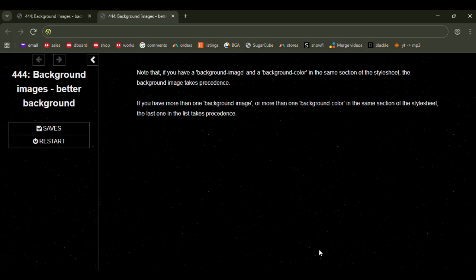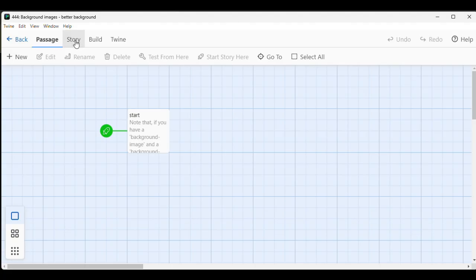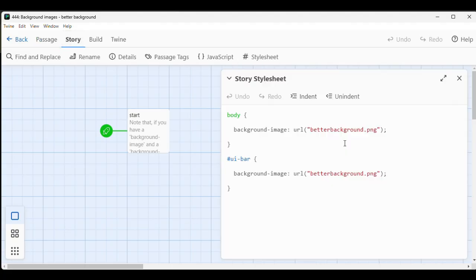So finally, let's have a look at the code. Once again, we go into Story and Style Sheet, just as we did for background color. Once again, we have to do the body and the sidebar separately. So we have body and a set of curly brackets, or hashtag UI-bar and a set of curly brackets. And in both cases, we have this command,